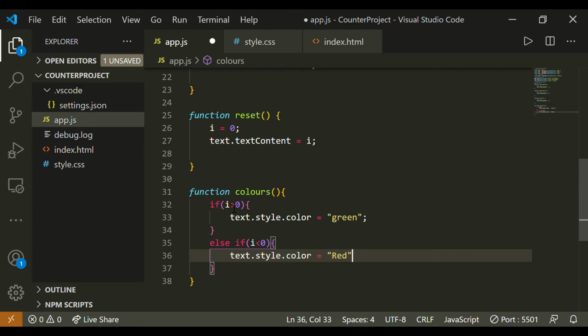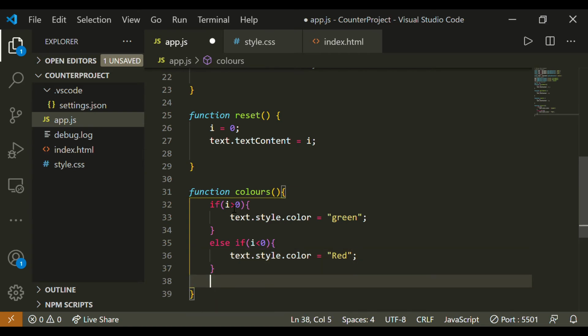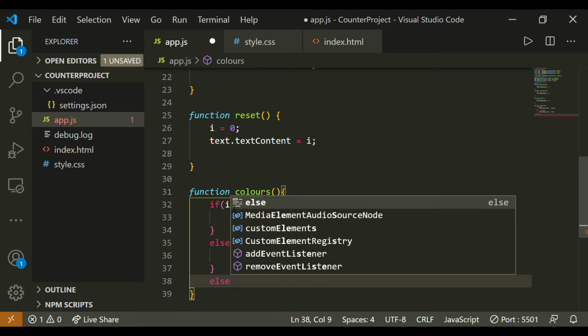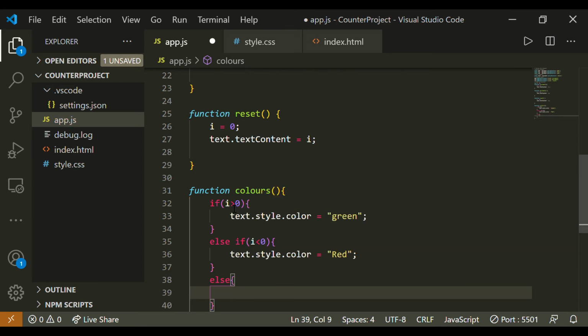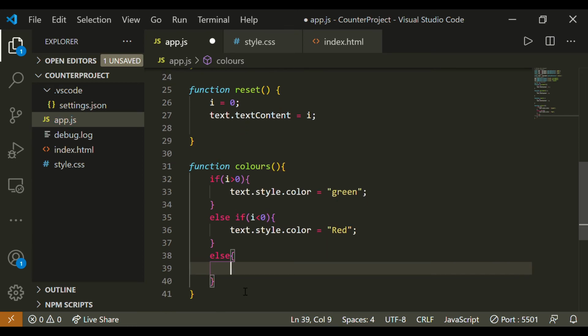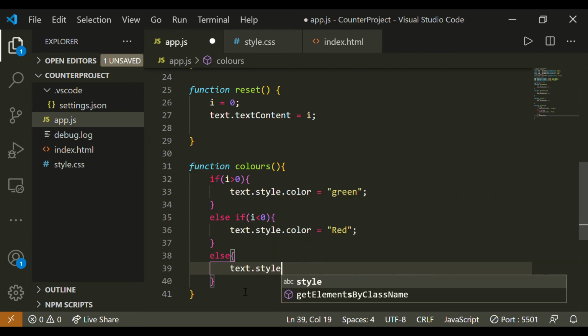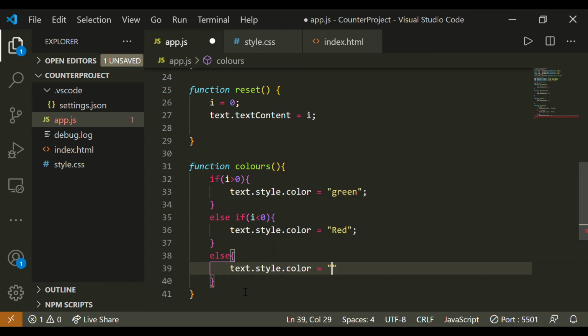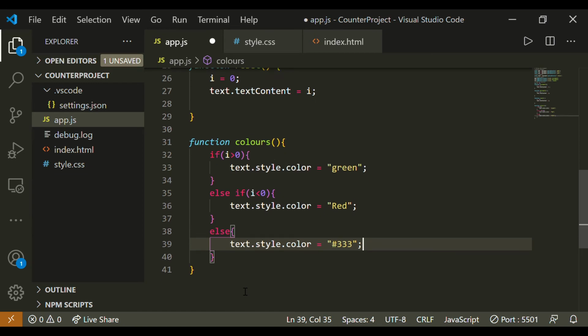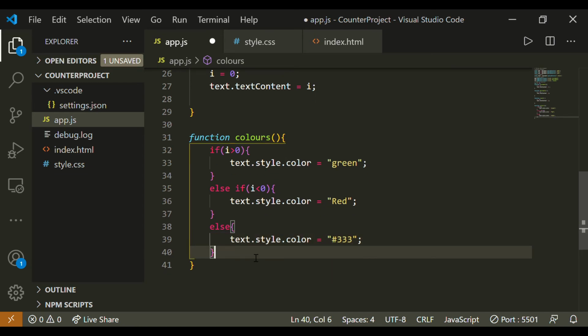Basically red color I want here, and else, that means if it's not greater than or less than 0, then I want text dot style dot color should be equal to hashtag 333. It's a shade of black color, a good shade of black color. Basically, I like that shade.